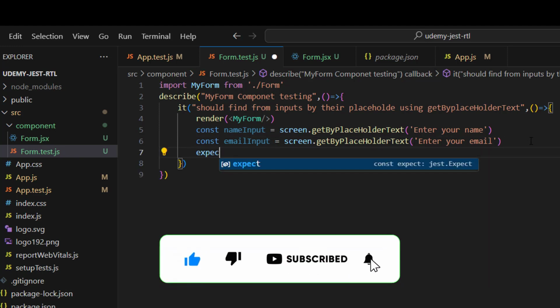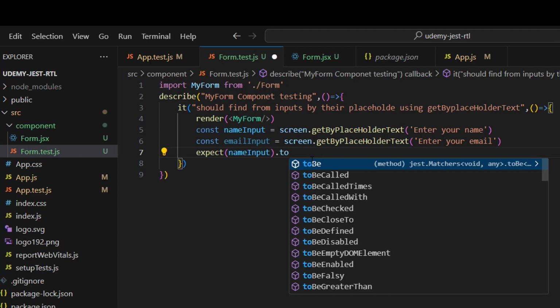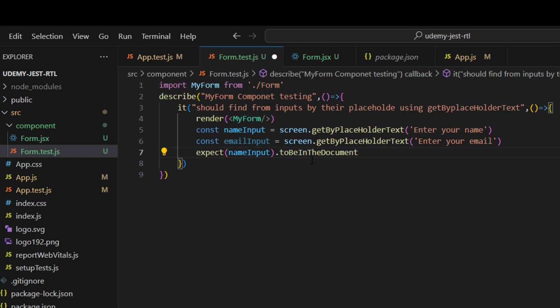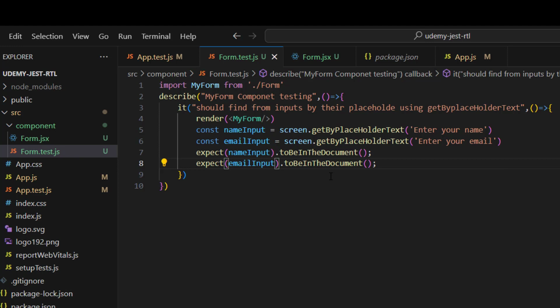Expect nameInput to be in the document. Expect emailInput to be in the document. The test will fail definitely, no worries. So write down another test. It